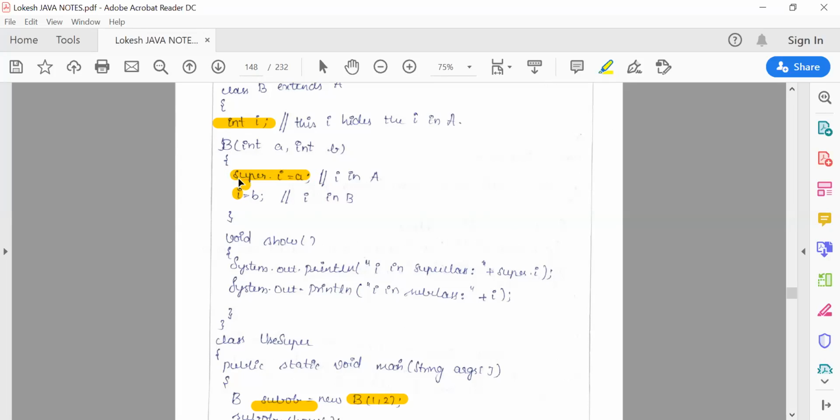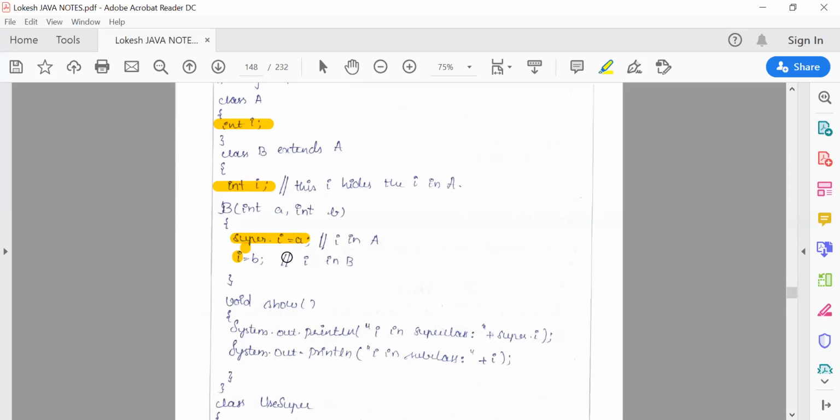So I'm using the keyword super.I. Now in this case, I refers to the member which is derived from the parent class A. When I write I directly, it automatically refers to the member of the same class B.